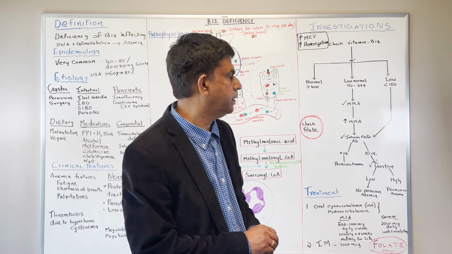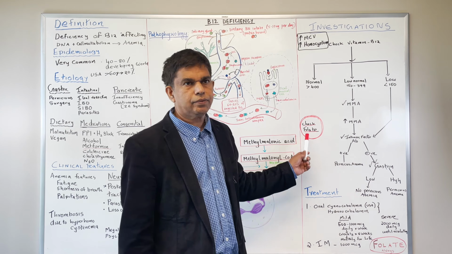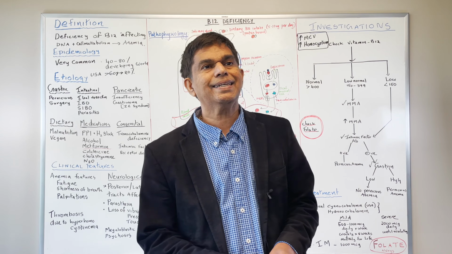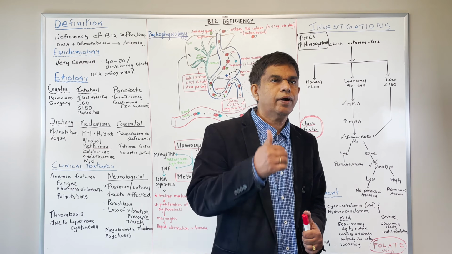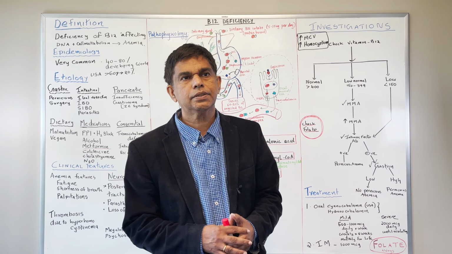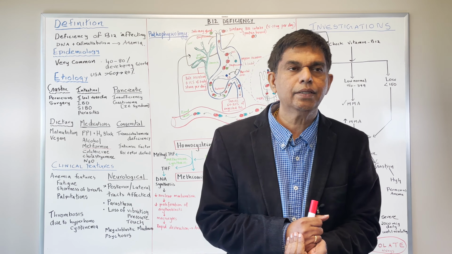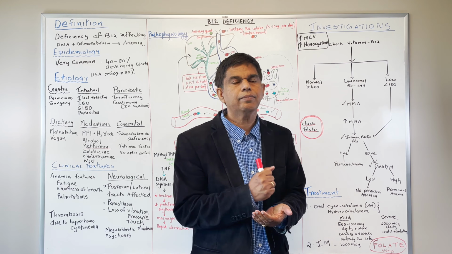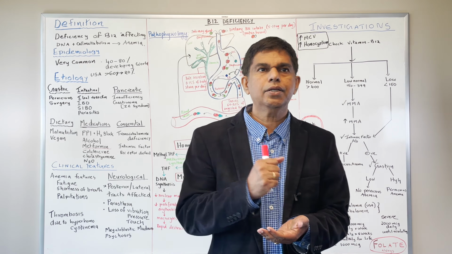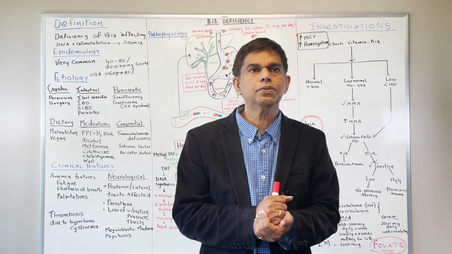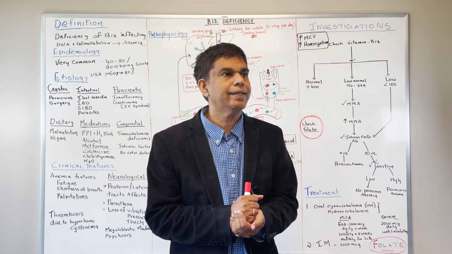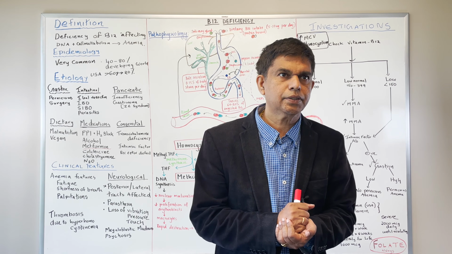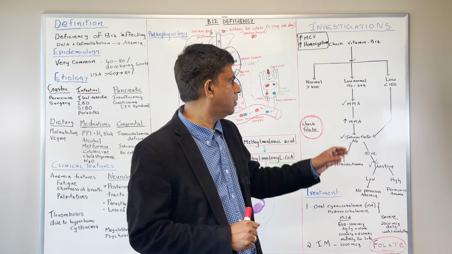It's very, very important. Now, you always have to check folate. What is the reason for that? There could be concomitant folate and vitamin B12 deficiency. It's a bad sign, because you could make a serious mistake in these people: you want to treat vitamin B12 first and then give folate. If you don't do that, the patient can have subacute combined degeneration of the spinal cord, which is a very, very serious condition. So that is why we always check for folate.